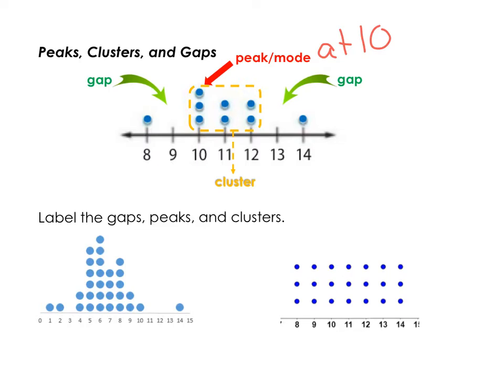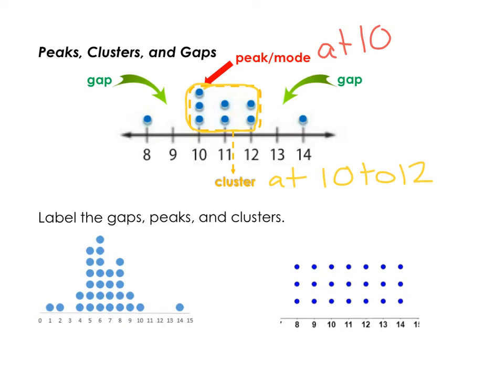Here, we would also say that the data is clustered at 10 to 12. Now, remember, you can think of clusters like kids in the hallway. Like whenever you and your friends are in the hallway, y'all cluster into groups. So you can think of a cluster that way. Hopefully that helps relate to you. So if you see here, the cluster is from 10 to 12 because most of the data is clustered around